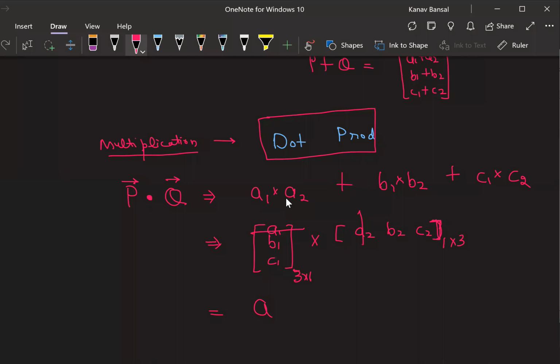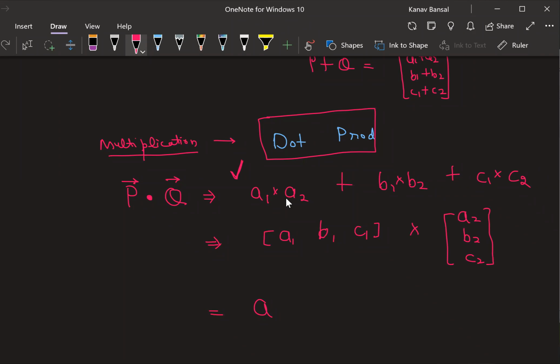Yes, correct. You will get a 3 cross 3 matrix, right? So this is not the correct way of multiplying them. I was just showing you some incorrect way of multiplying these two matrices. Since we know that this is the output, in order to get this output, you can simply write A1, B1, C1, matrix multiplication with A2, B2, C2.